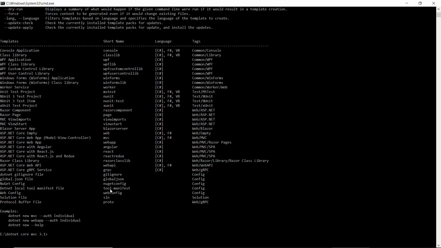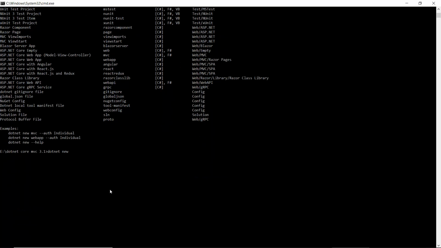So let's type the command again. So we have dotnet space new space. I can type the name of the template. The name of the template is MVC. If you press enter over here, then all the files and folders will be created in the current folder. But if you want to give your project a meaningful name, then you can simply use --name and the name of your application. First MVC app. Let's press enter.